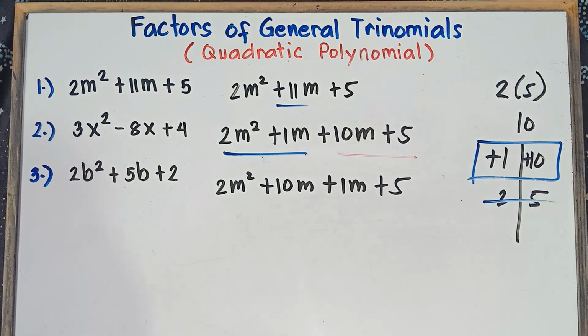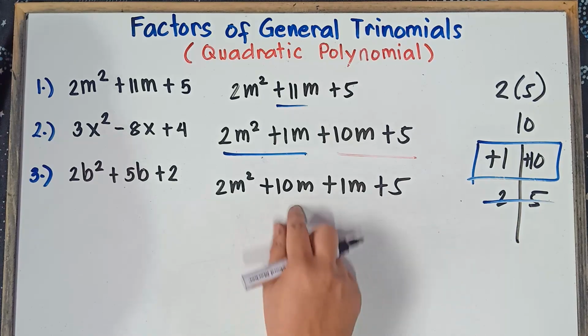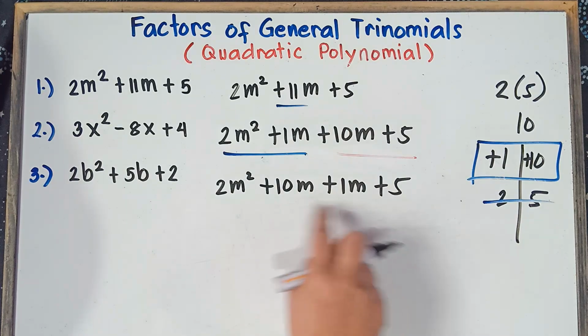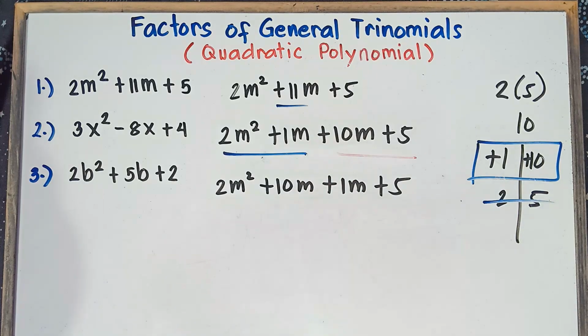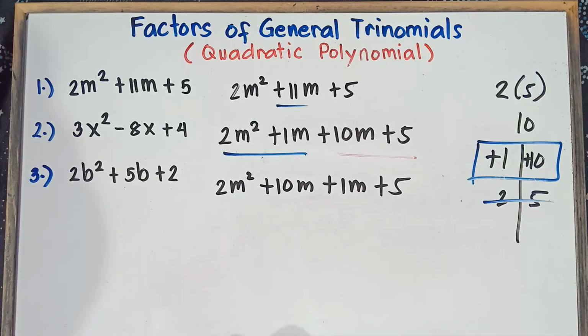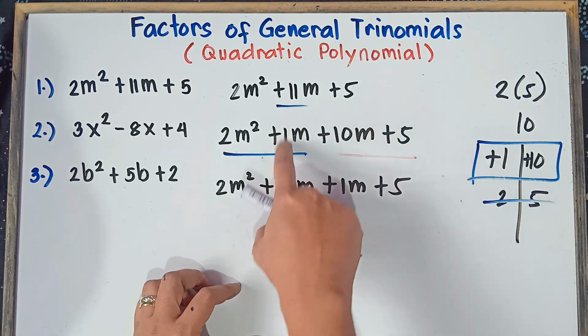That's correct, class. You will have the same answer, class, even if you interchange this one, because 10m plus 1m is just the same with 11m. So let's check that one later on, class. What if we interchange this one, 1m and then 10m? Let's see if we have the same answer. What if we interchange 10m and then 1m? Let's check if we will have the same answer. Alright, so we can erase 1 here, class. That's okay. Understood that there's 1 here.